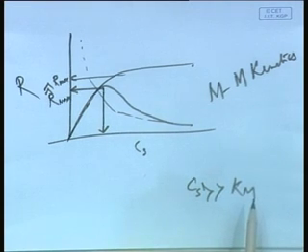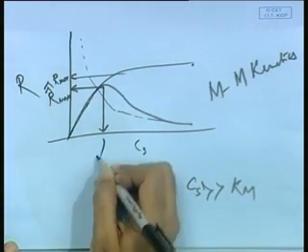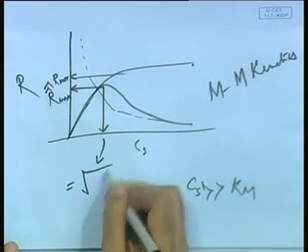Now, how do you obtain it? Because this is the quadratic form, what you have to do is take a derivative of that and equate it to 0 to get the maximum rate. And what you will figure out is that the maximum rate occurs at a CS value which equals the square root of,